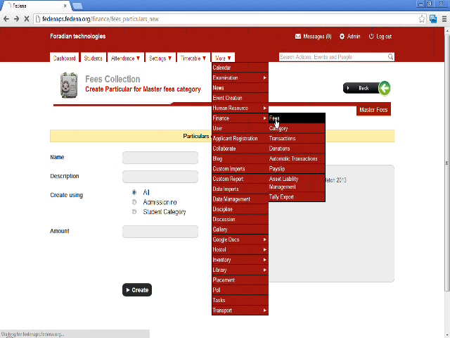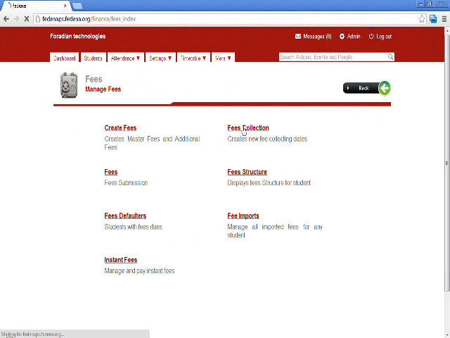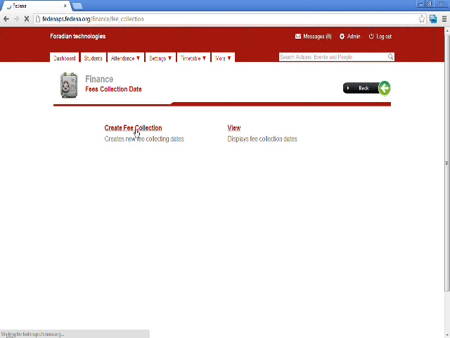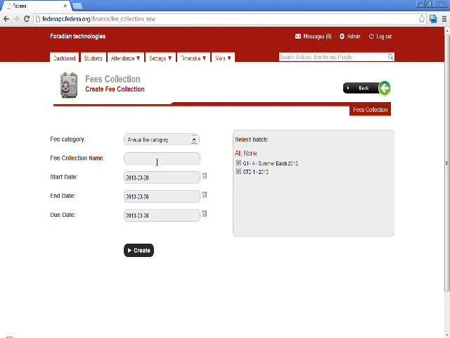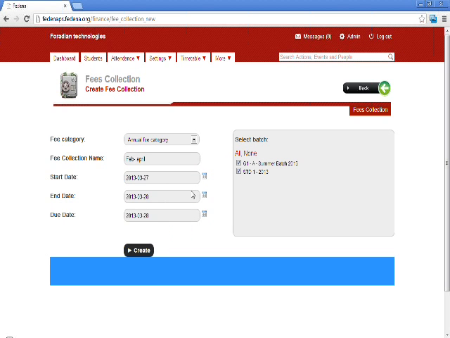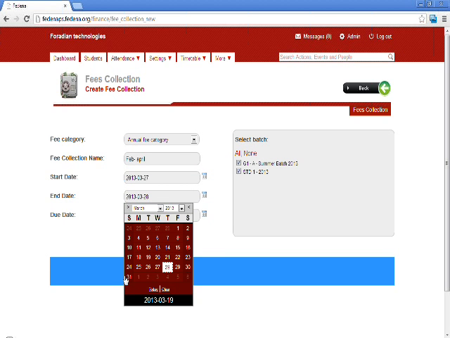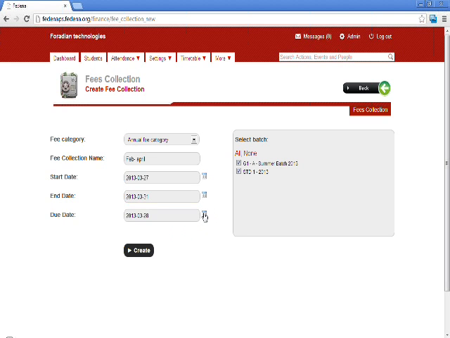is to manage the fee collections. Here we have the fee collections. Annual fee collection: just give the collection name. We can give any collection name. Set the start date, give the end date, and also a due date, so that after that the students will be entered as fee defaulters,